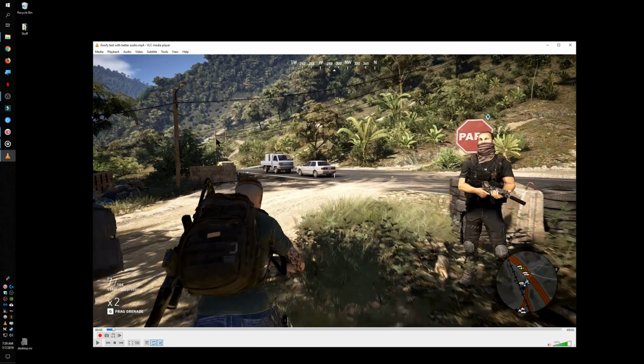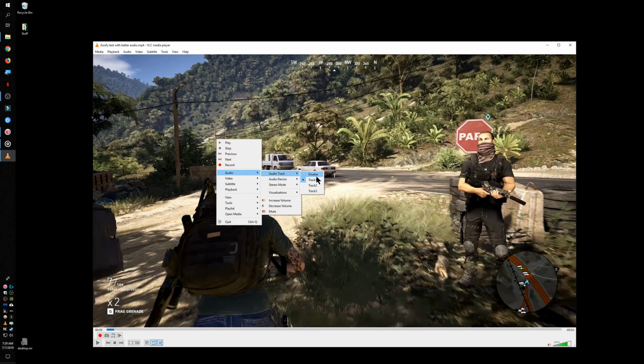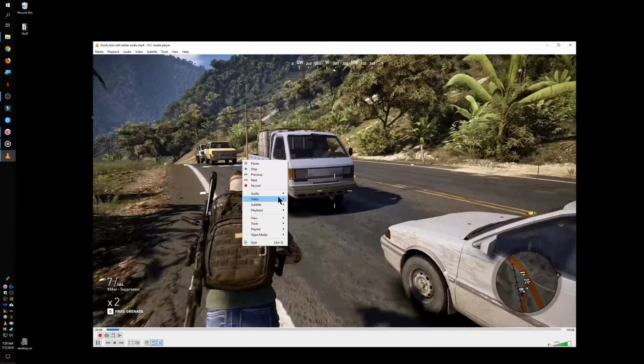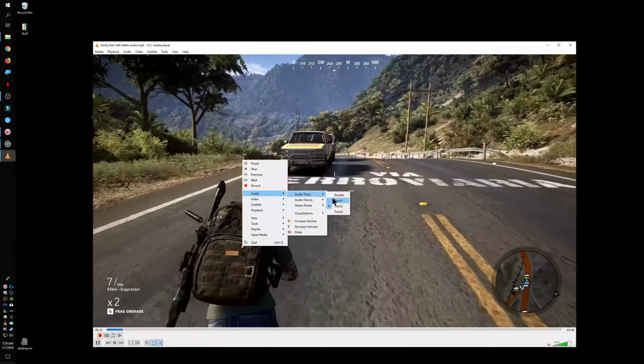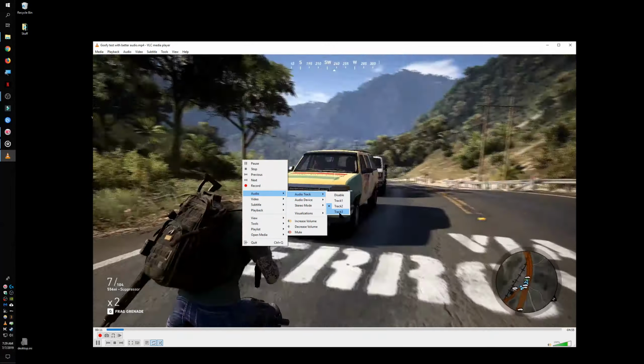Okay, so there's me being like weird, creepy Batman. Now I'm going to go to audio, and you'll see I have the track, which is track 1, which is going to be mixed audio, desktop, and mic. Then I'll switch to just 2, which is just game audio. I assure you I'm talking. I never stop talking. And then we're going to go to track 3,